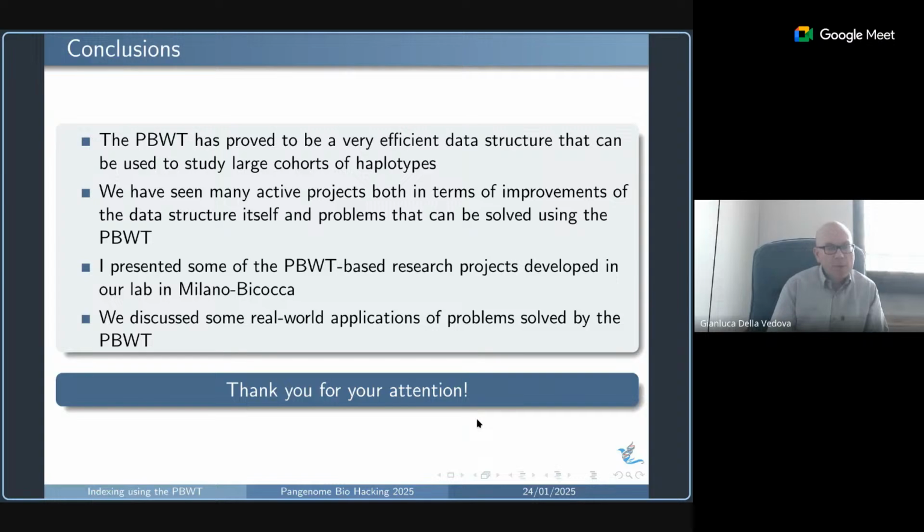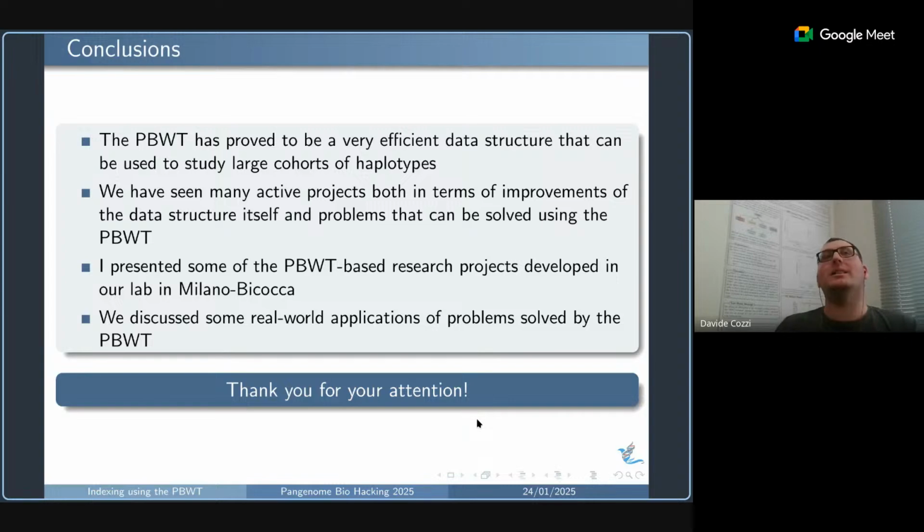Otherwise, my first question is: while the standard Burrows-Wheeler transform is quite well known and very widespread in bioinformatics, the positional variant is still not as widely used. Do you have any idea or opinion of why that is the case?